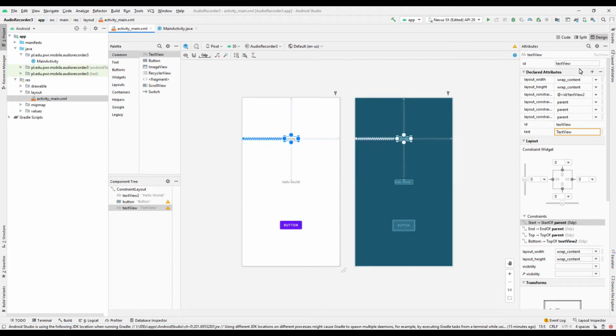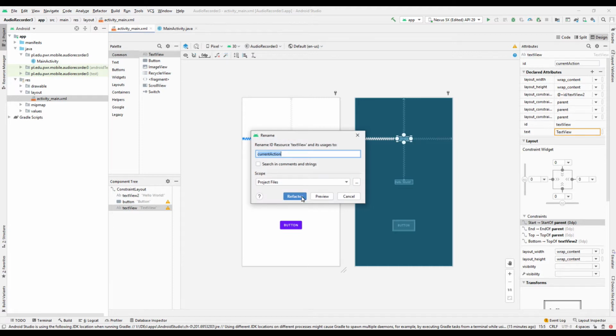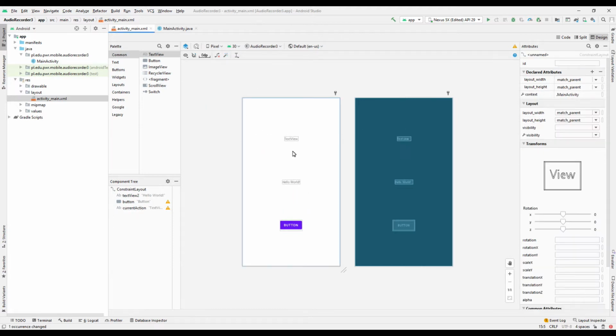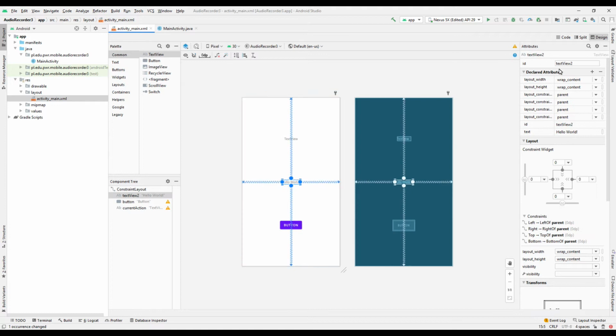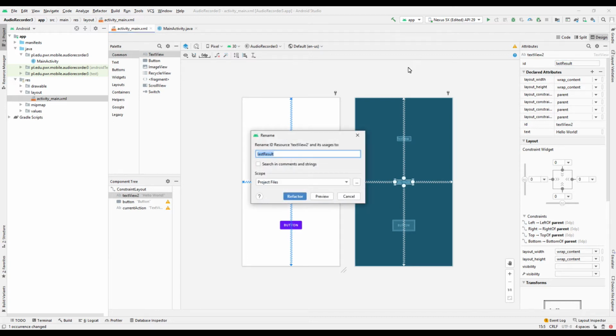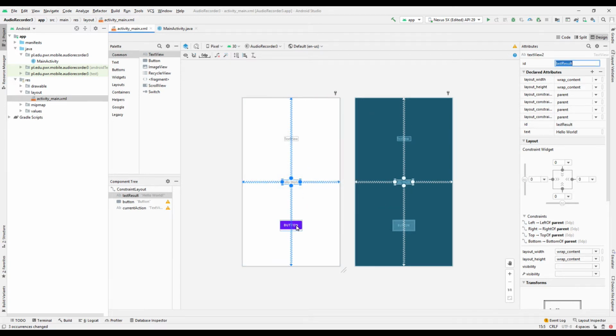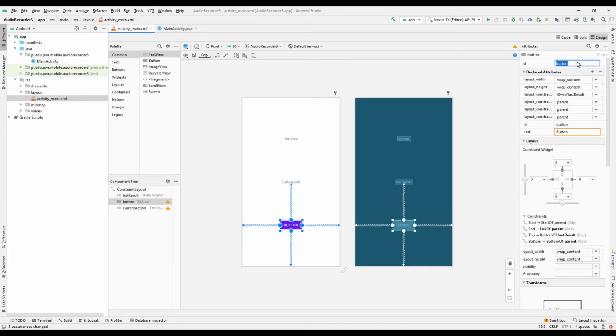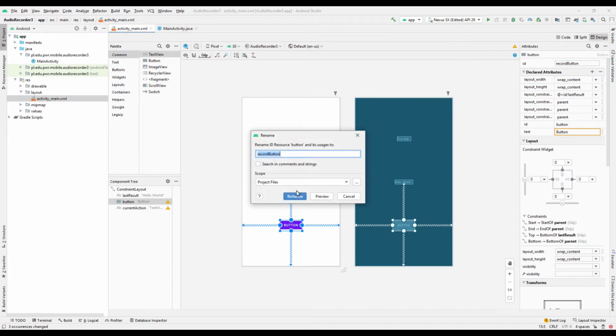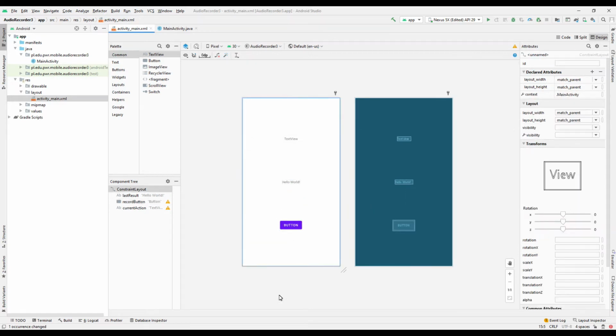Okay, so now we're gonna call these text views. This one will be current action, so that when we're recording, we know that we're recording, and when we're not, we know that we're not. And this one will be last result, so if we manage to successfully record or not. And this one is gonna be record button. Okay, so we have these 3 widgets,